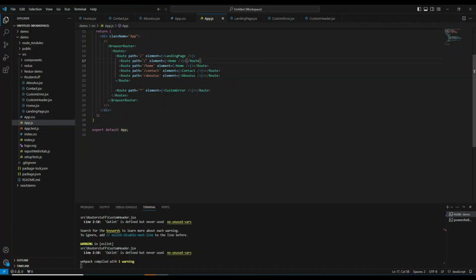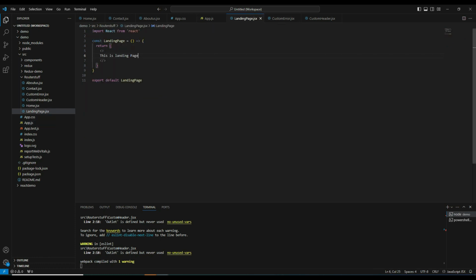As I told you, if we want to use the nested route, we have to use one extra tag in the landing page, because this is the parent component. So on the landing page, I will use the outlet tag.